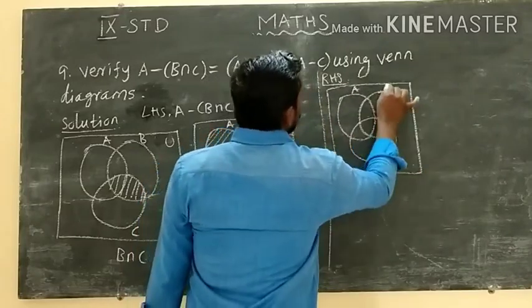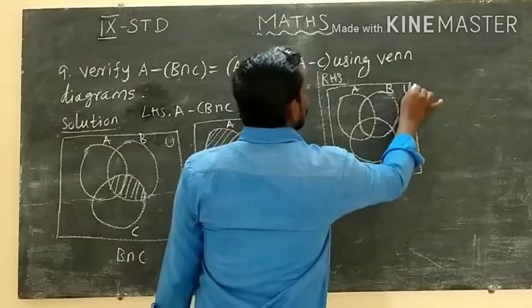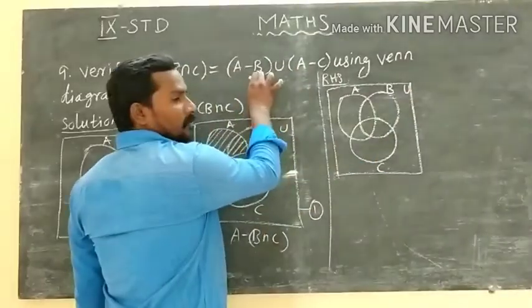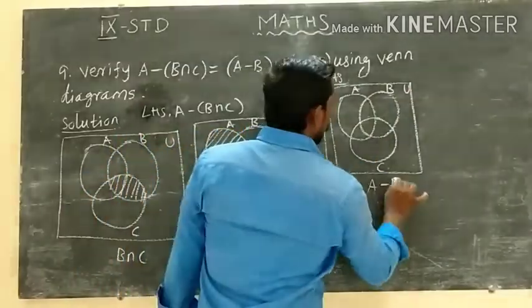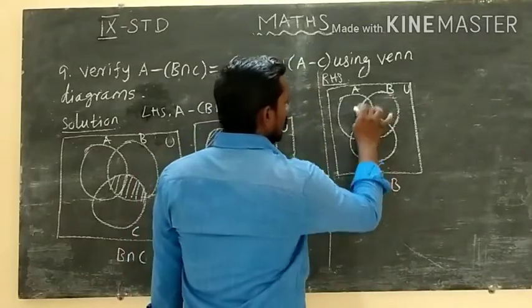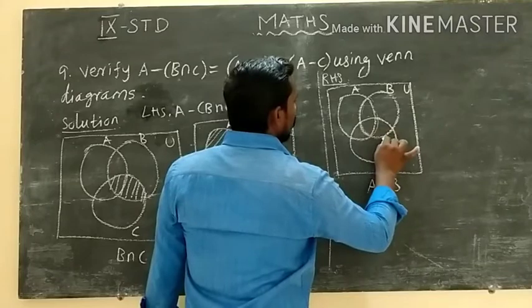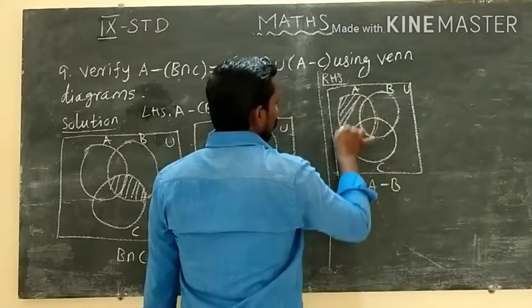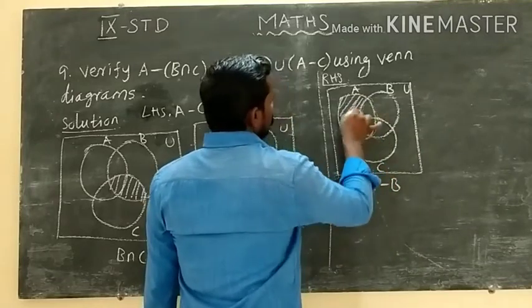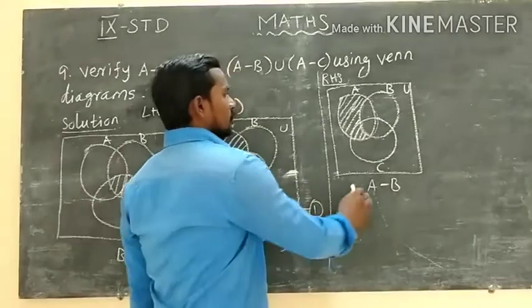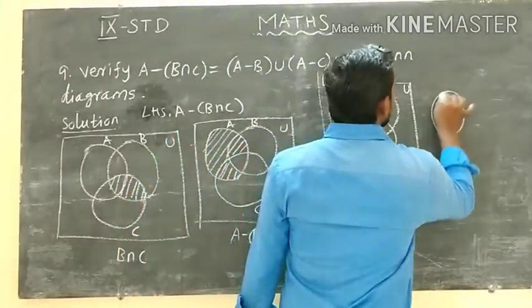This is A, B, C, universal set. First find A difference B. So omit B from A. Omit B from A. This is for the A circle. This is B. Omit B. So remaining A for this place. Okay. So remaining A. Then